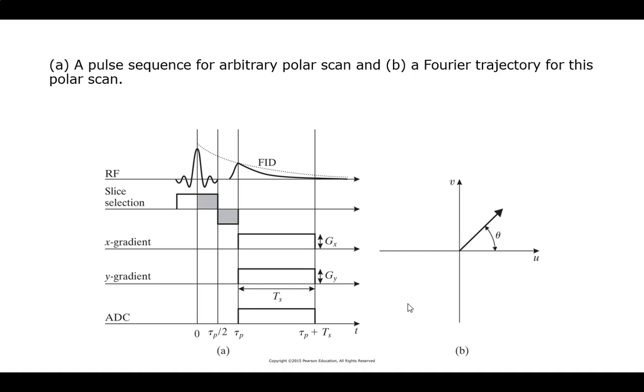Which you'll notice, again, this is my Z gradient. Pick your RF pulse to resonate with it. It turns on one slice of my body, wherever you pick it, from the height of this, up or down. That sets up your TP time to when you can measure. I'm not doing anything fancy with the measures, so I'm just reading out, but I want to read out along an angle theta. And I set that theta so that GX and GY